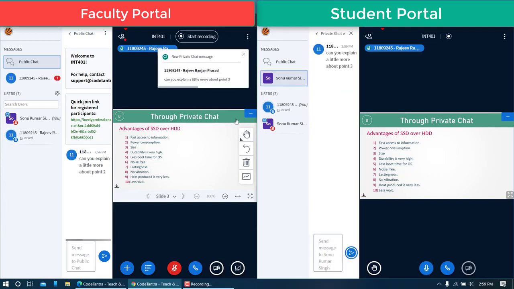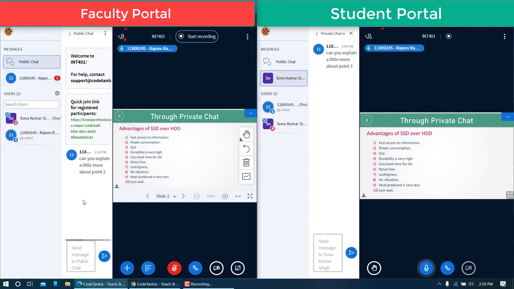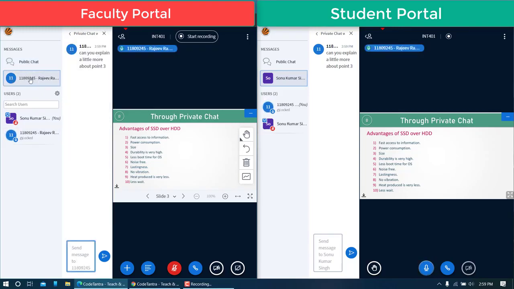Once you send this message, the teacher will identify that one student has sent a message in the private chat. The same thing is visible here, and you can see that under the public chat area, your message is not visible. Whatever you send to your teacher as a private message will not be visible to your colleagues, and the teacher can view the message by clicking on your name here. Once the teacher clicks here, he will be able to see what your point is or what you are trying to say. So that is the other option, using the private chat.